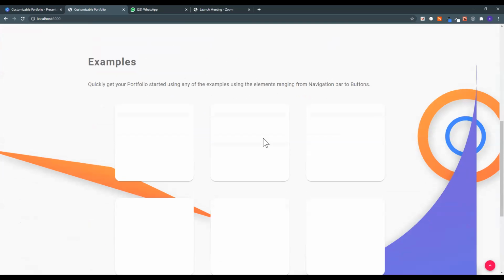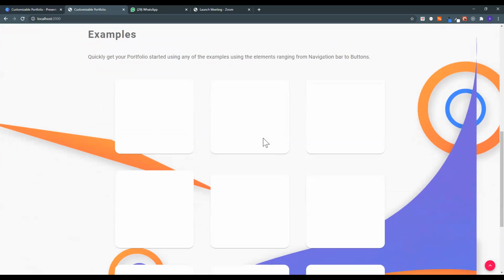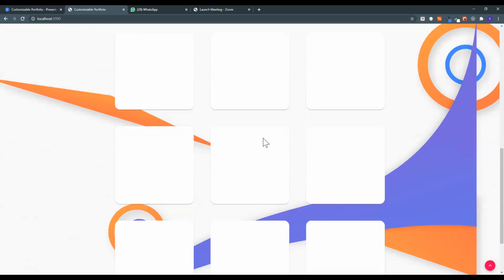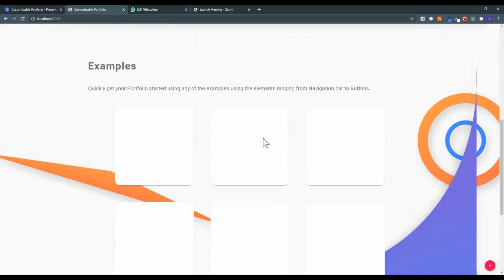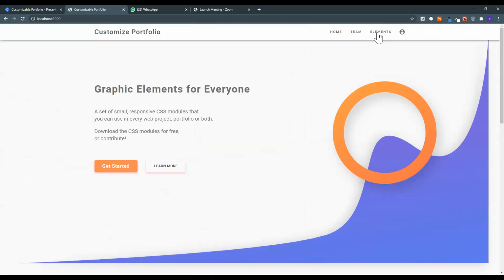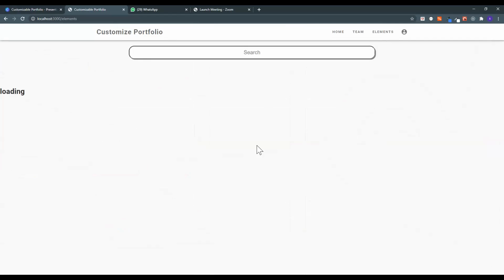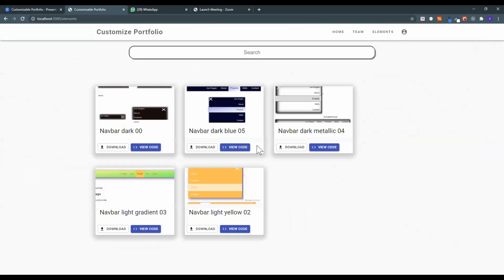And this is an examples area which will have the most trending elements, the ones being used by most people now. And then we have a basic footer. Since this is an open source project and we believe in the power of open source, we are implementing a structure where people can also upload components, and everyone who uploads components will have them visible here. We'll also have search functionality for the components.